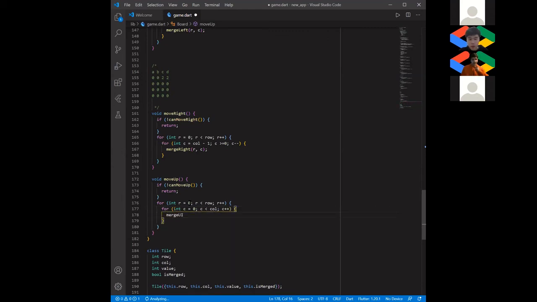Merge up. And likewise move down. Move down, return early. Otherwise,